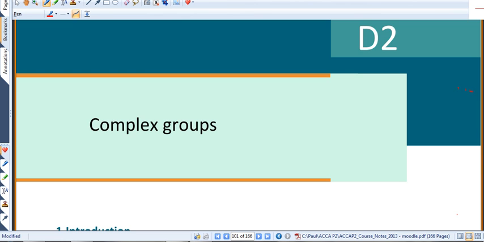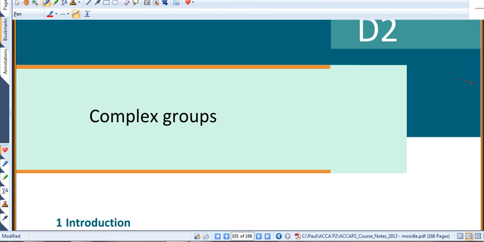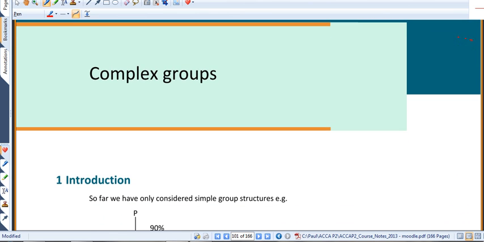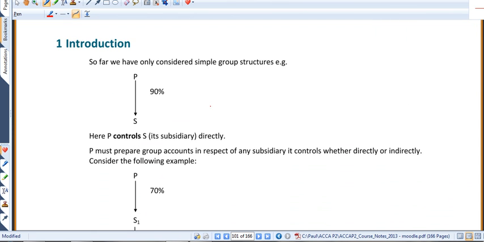Chapter D2, Complex Groups. Now the first thing to point out about complex groups is that the word complex here doesn't mean difficult. It simply means slightly more interesting groups. In fact, some people call them vertical groups, and that's possibly a more interesting name, because what a complex group is, very simply, is the difference between what we've done so far, where P might own, let's say, 90% of